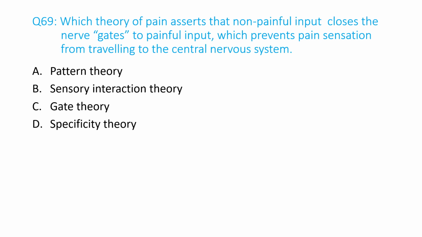Number 69. Which theory of pain asserts that non-painful input closes the nerve gates to painful input, which prevents pain sensation from traveling to the central nervous system? A. Pattern theory, B. Sensory interaction theory, C. Gate theory, D. Specificity theory. And the answer is